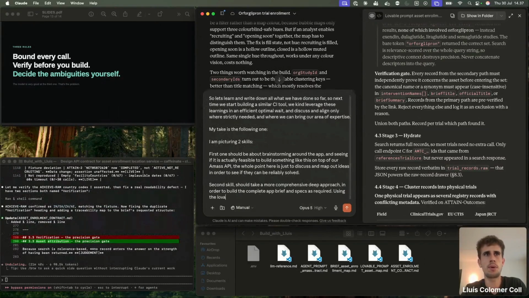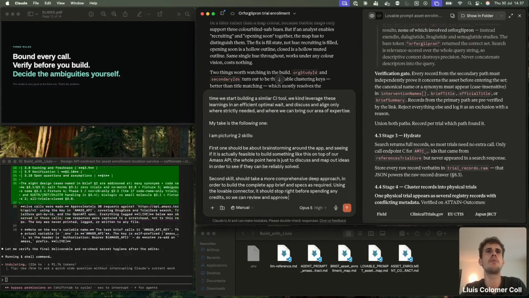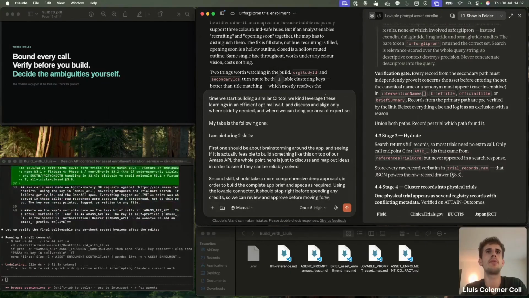Using the Lovable connector, it should stop right before spending any credits, so we can review and approve before moving forward.